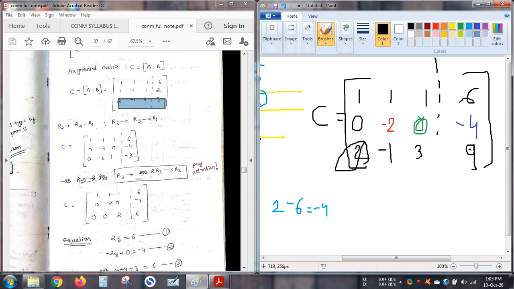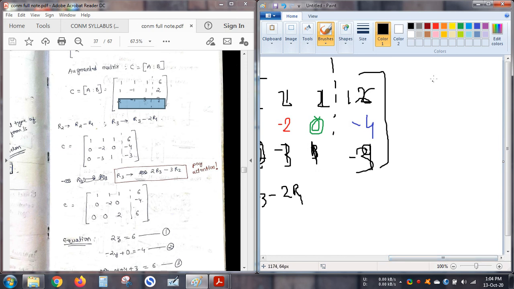How to do so? I will subtract R3 with 2 times R1. If I make 2 times R1, then this becomes 2, this becomes 2, this becomes 2, this becomes 12. Then I subtract it from here, then this becomes 0. Minus 1 minus 3 becomes minus 3. 3 minus 2 becomes 1. 9 minus 12 becomes minus 3. Isn't it? So if you do so, you will get the matrix as it is: 1 1 1 6, 0 minus 2 0 minus 4,